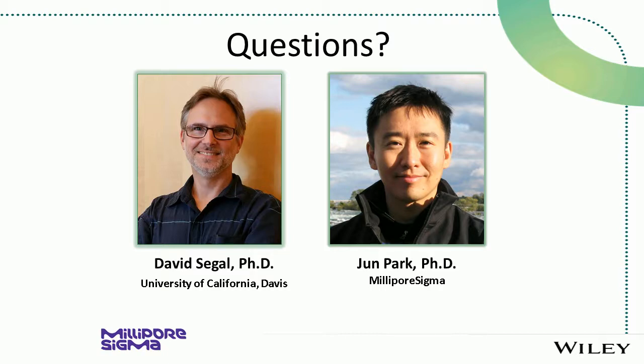Sure. I think that's another great question. So in general, when we do a Western, we tend to run lysates. If you're really keen on getting an absolute quantification, then what you will need is a purified protein, most likely a recombinant protein. If you have that, you'll be able to ascertain the amount of your target protein in your lysate. But since in most cases we do not have access to such purified recombinant protein, most of the numbers that we get are actually relative quantification, because we're comparing samples that are treated versus samples that are not treated.